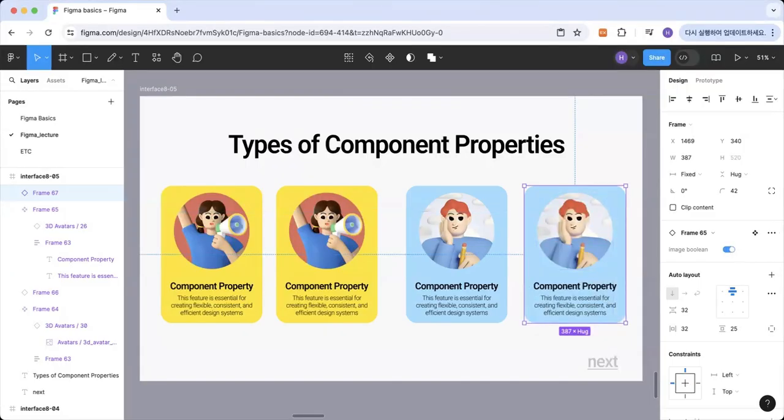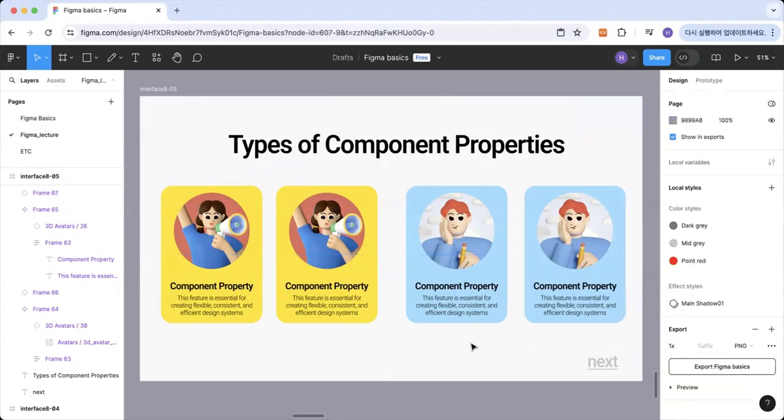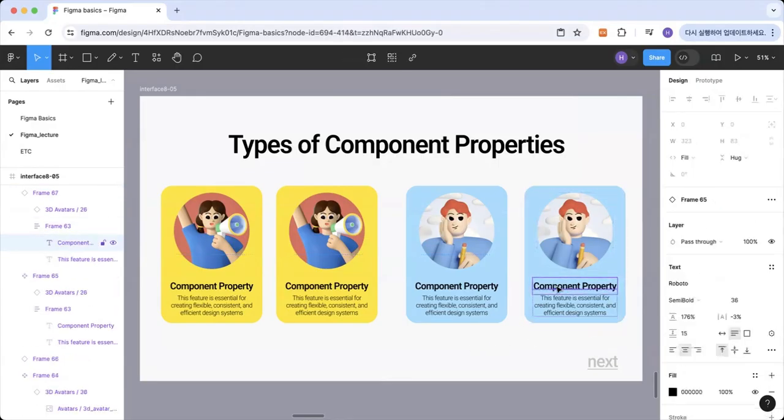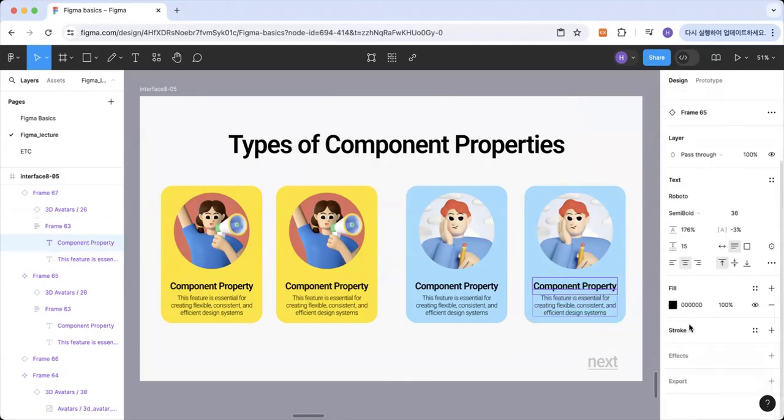Let's apply Boolean to the text as well. If you give some Boolean to this layer, you can also